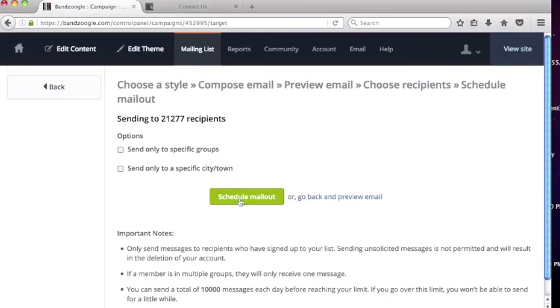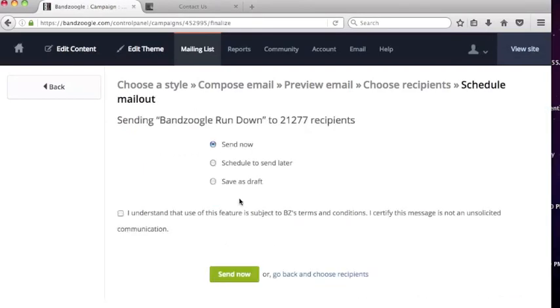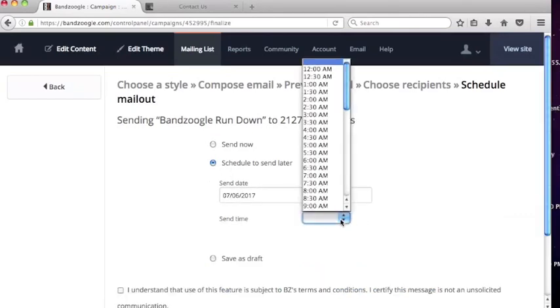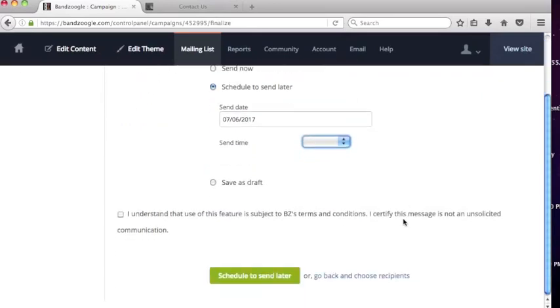You could actually schedule. So this is when you're almost done. Send now, save it as a draft, or you can schedule a time. That's pretty damn awesome. Crafting an email. I want to send it next Tuesday at 10 a.m. and it'll do that. And as I mentioned to you,